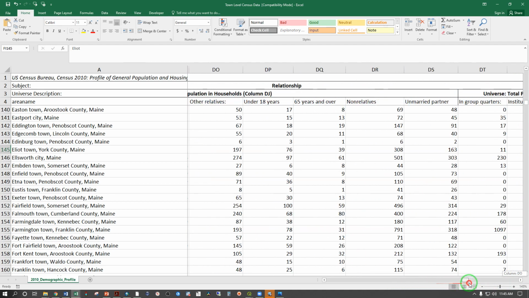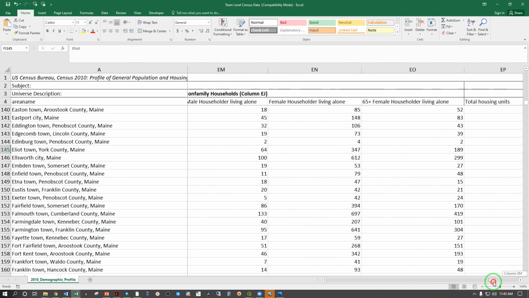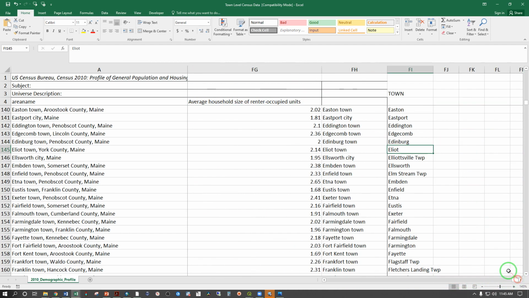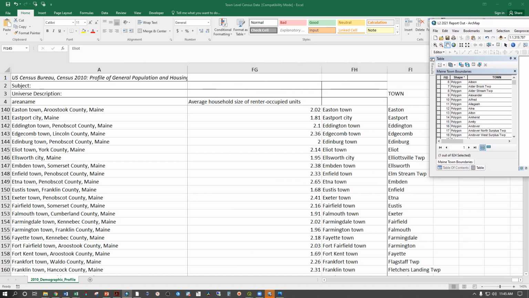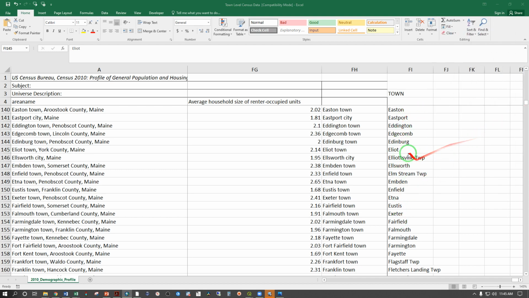Now I want all those data attached to the shapefile, the attribute table. Here's a shapefile attribute table. This column has got to match that column because that's sort of like the zipper. It's the tabular join. It's looking for the town called Easton in the shapefile and the line called Easton in